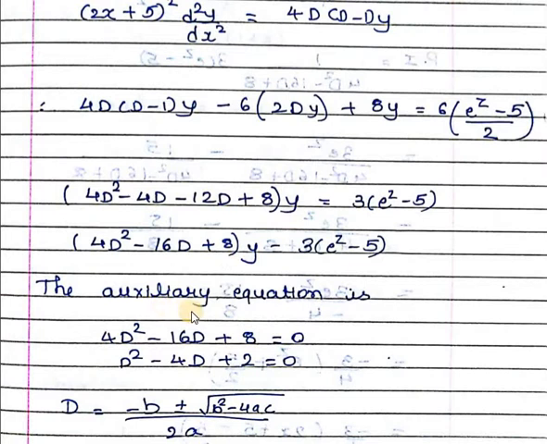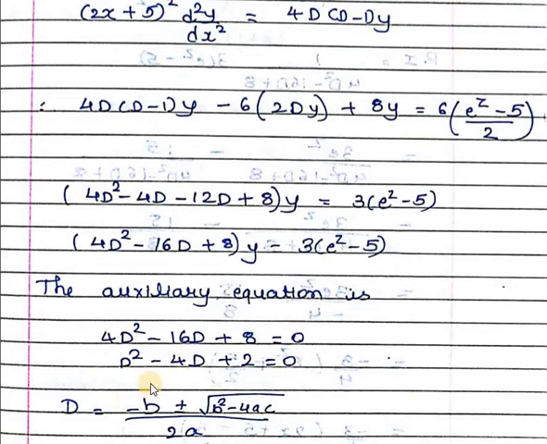Therefore the auxiliary equation is given by f of D equal to 0. So it will be 4D² − 16D + 8 = 0. Now 4 is common from these three terms, so it will be D² − 4D + 2 = 0. Now we cannot directly factorize this, therefore